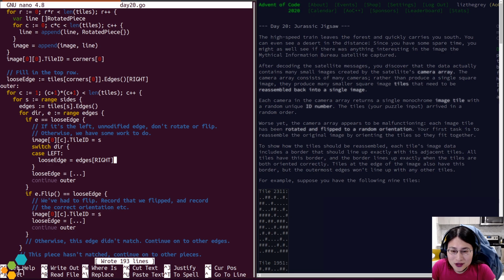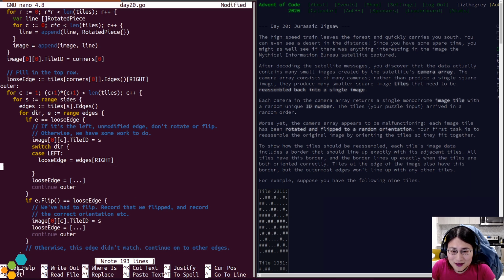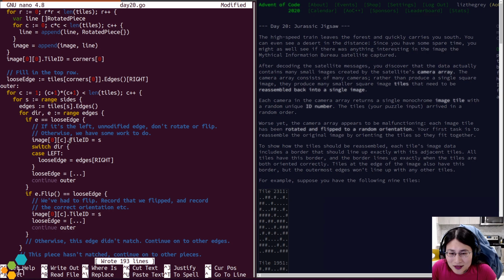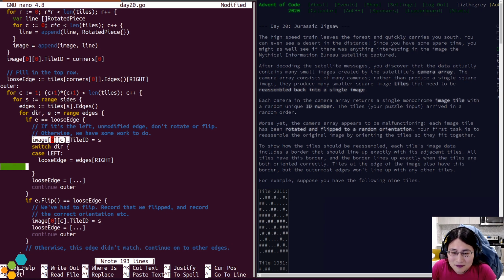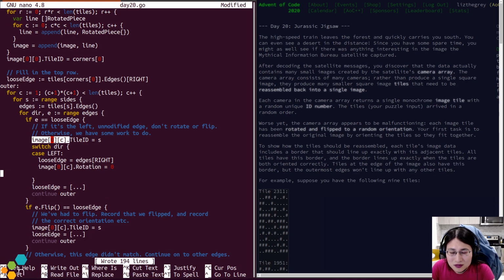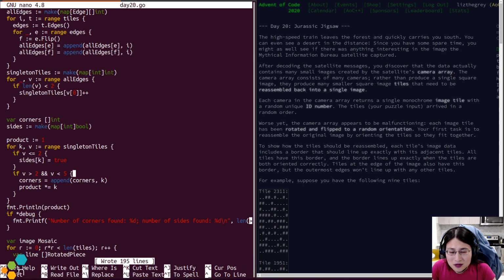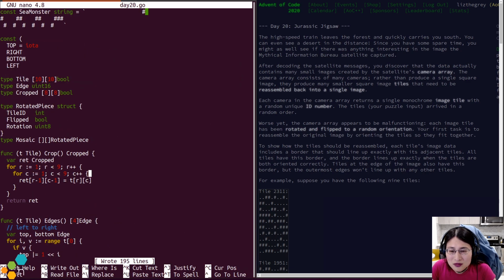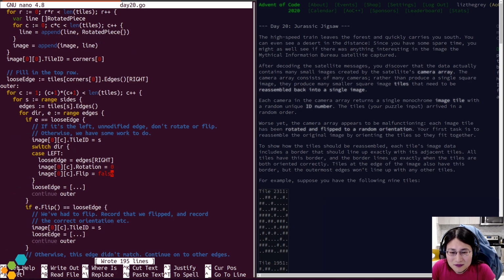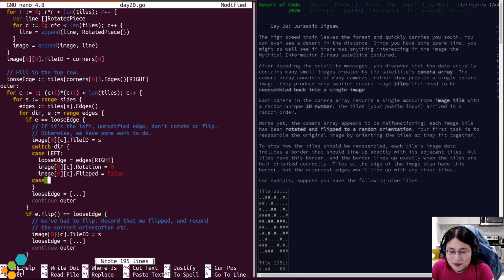And the rotation is going to be none. And the flipped. Okay. What if it matches the right edge?